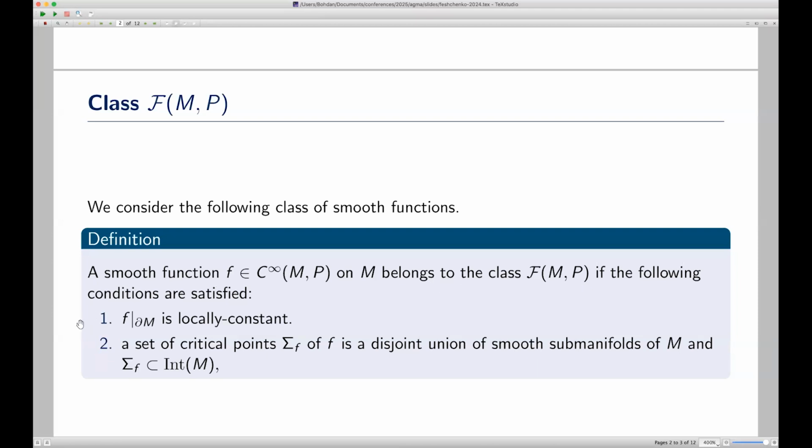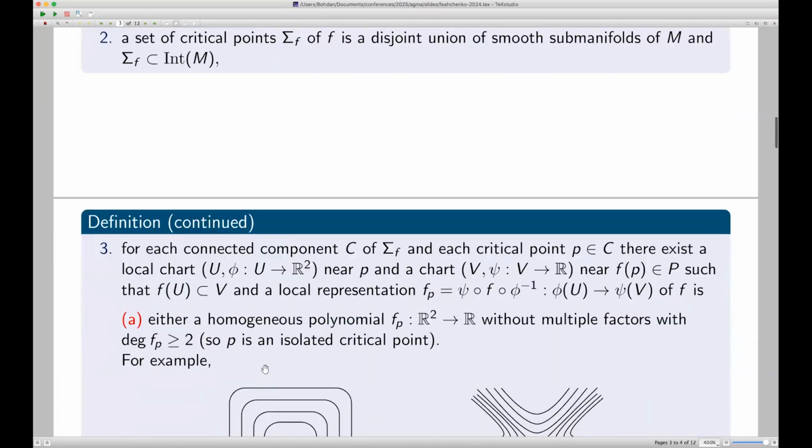The first one, our function is locally constant on the boundary of M. The second one, the set of critical points, Sigma f, is a disjoint union of smooth submanifolds of M, and it belongs to the interior of M. And the last one,